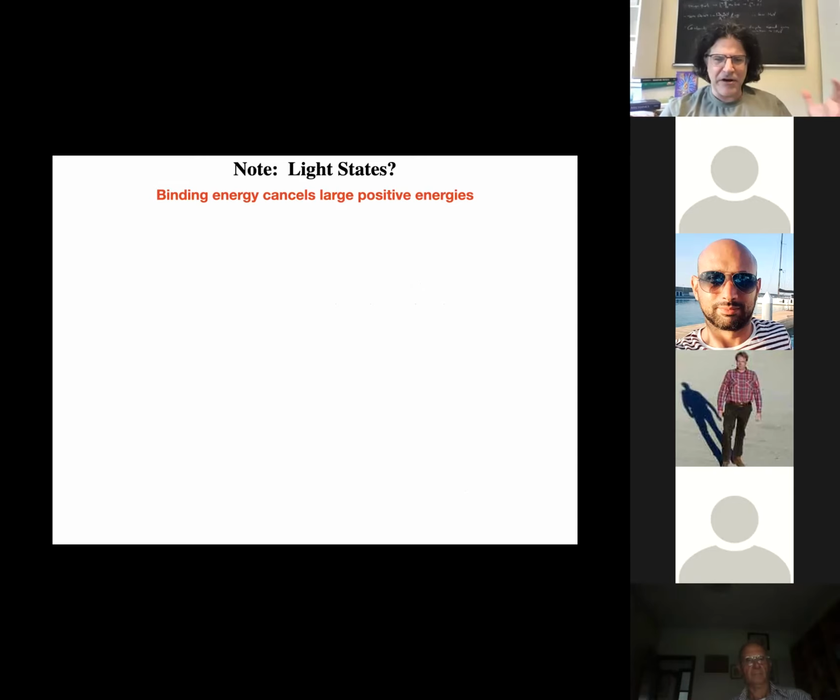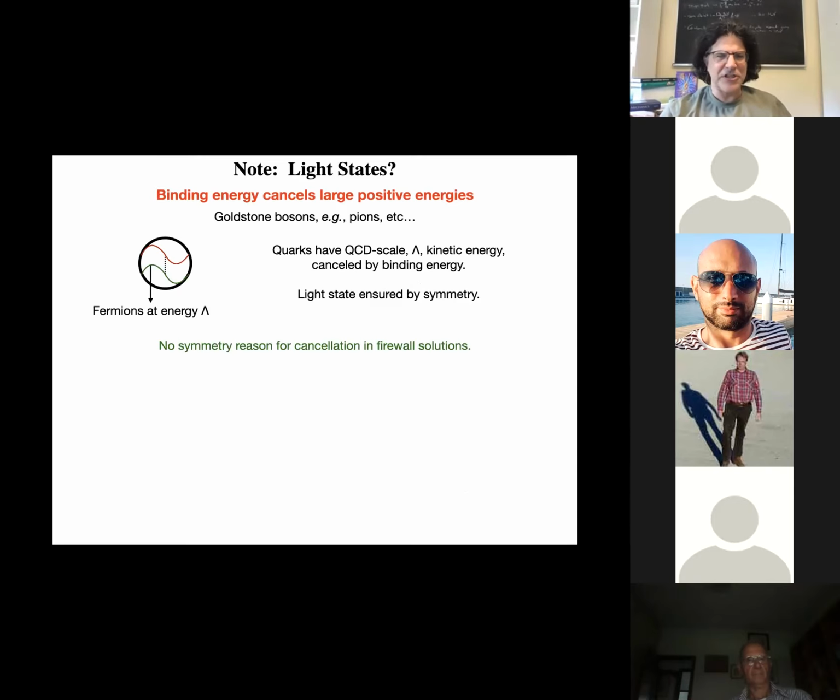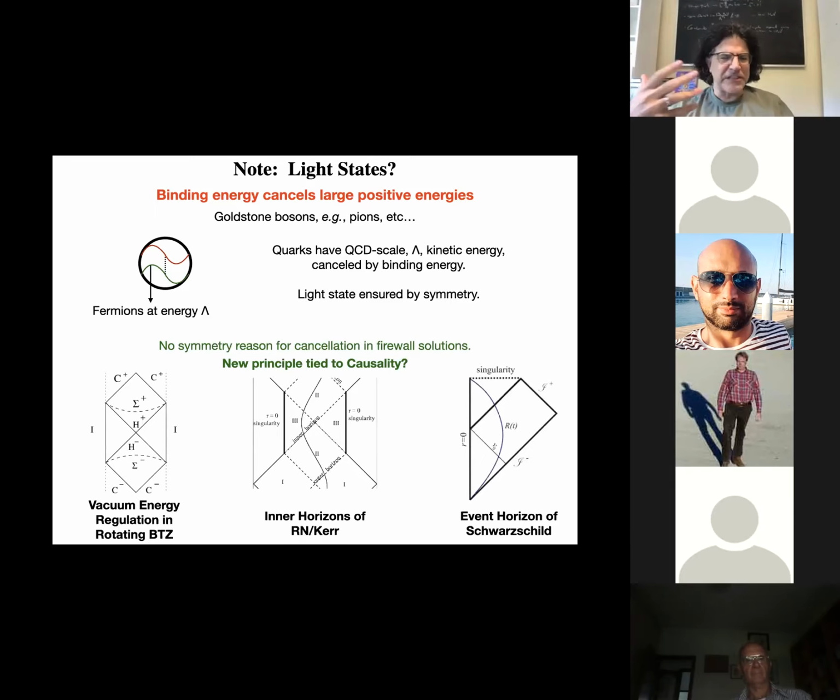One note, these are weird light states. They have very large internal mass and negative binding energy, which appear to cancel. This is something that happens in quantum field theory with Goldstone bosons, say pions or neutral pions where quark masses are zero. Those masses are zero, even though the kinetic energy of the quarks inside of the pion are of order of the QCD scale. The binding energy perfectly cancels it. This is ensured by symmetry in Goldstone's theorem. We have no symmetry reason for a cancellation in the firewall solutions,